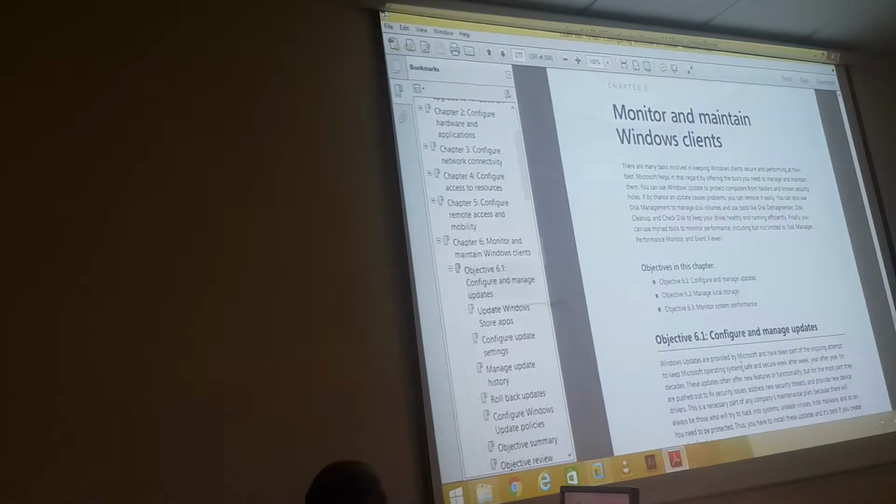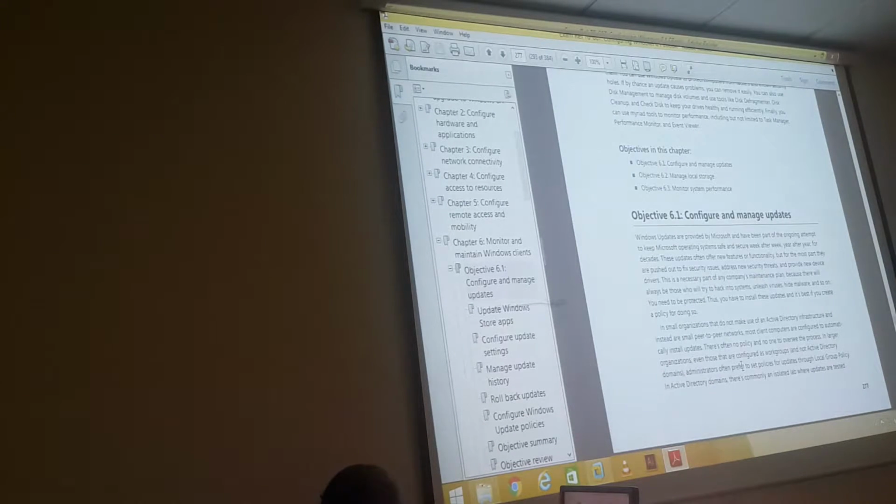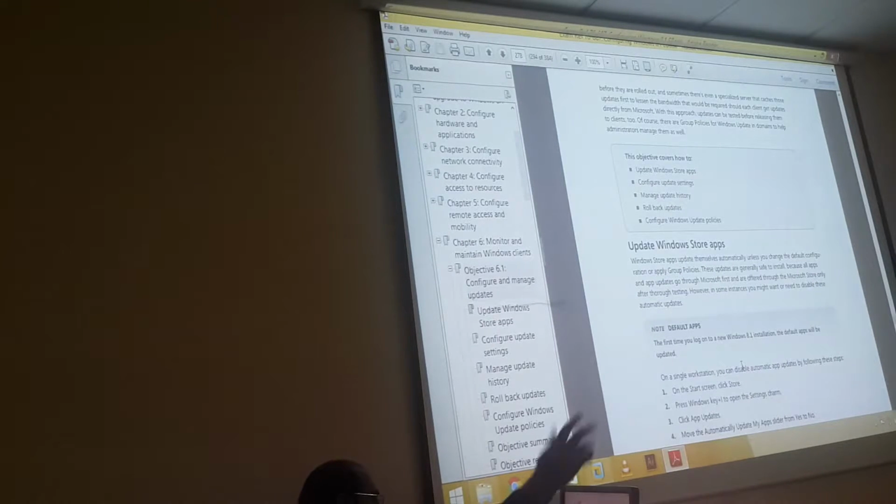System performance. So things that we rarely care about. Right? So we have something called Windows Update, right? And we just let the update happen, and it does some updates. Nobody knows what's happening, what is the update for. Okay? So you may have a security update or an update for a particular application,